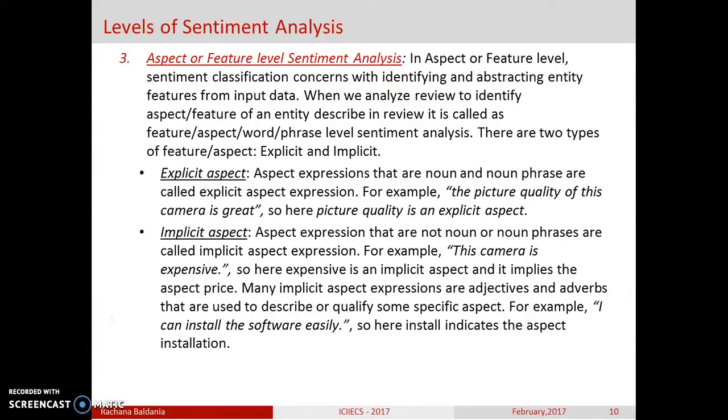Second is implicit aspect. Aspect expressions that are not nouns or noun phrases are called implicit aspects. For example, this camera is expensive. So here, expensive is an implicit aspect, and it implies the aspect price. Many implicit aspect expressions are adjectives and adverbs that are used to describe or qualify some specific